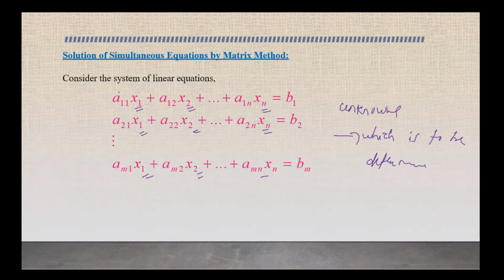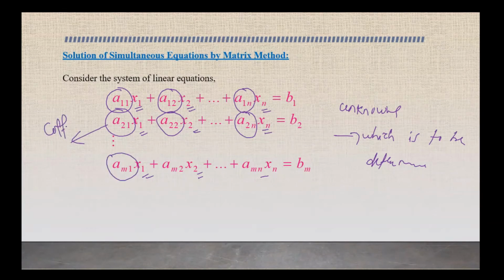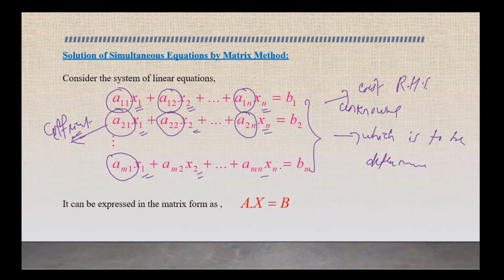Okay. This a11, a12, up to a1n, a21, a22, up to a2n, and so on, are called the coefficients of the variables. And this is the constant which is present on the right hand side. So first, for the matrix method, we have to write this equation in matrix form, and the matrix form is given